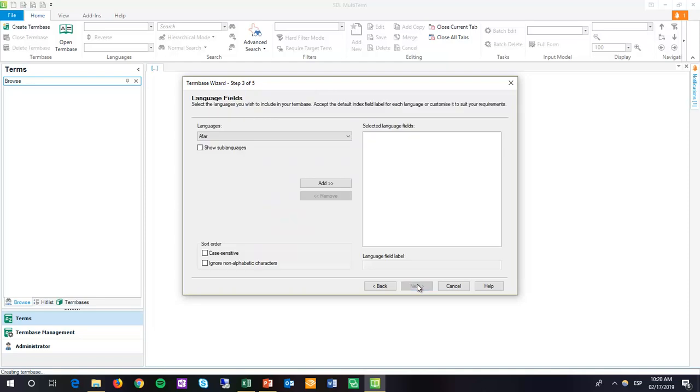Let's click on next one more. Here we are asked to select the languages we want to use in this term base. Remember that a term base is a multilingual database, which is different from translation memories and auto-suggest dictionaries. They are both bilingual databases, but a term base is multilingual, so we can work with more than 2 languages